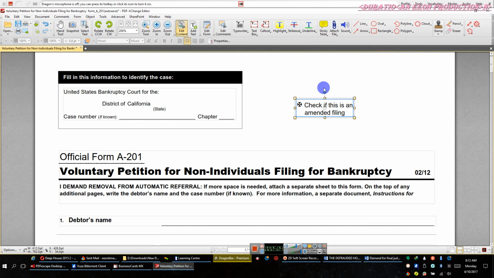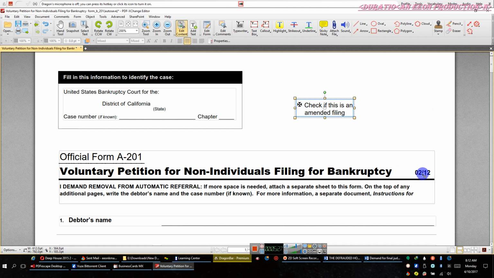And ladies and gentlemen, when you finish following those instructions and installing it on your computer, you will have the software. Okay, now this is asking, you see how I've already taken care of District of California? If you have a case number, you'll put it there. I checked that box.